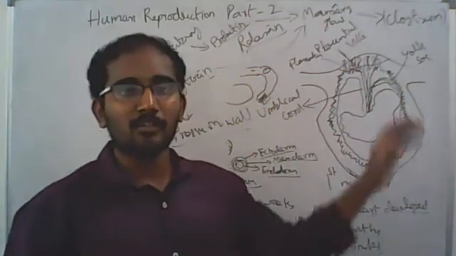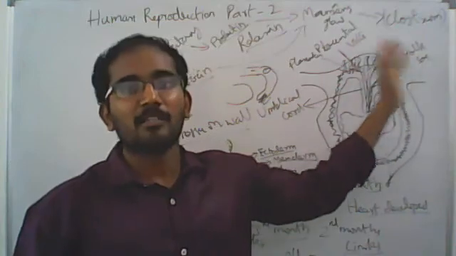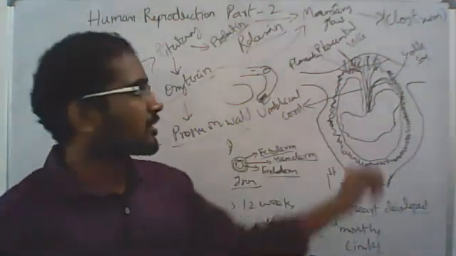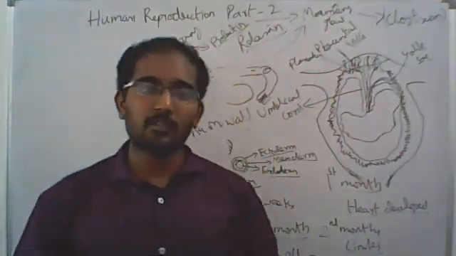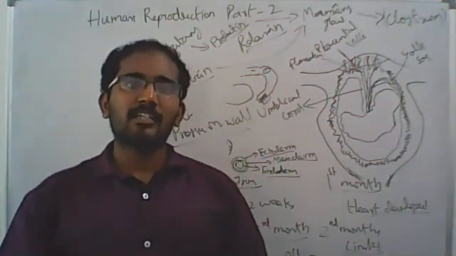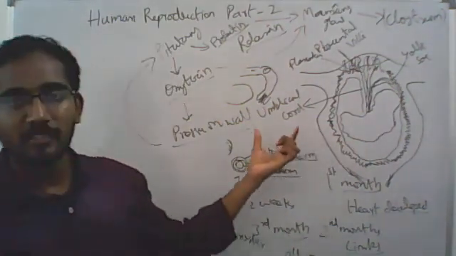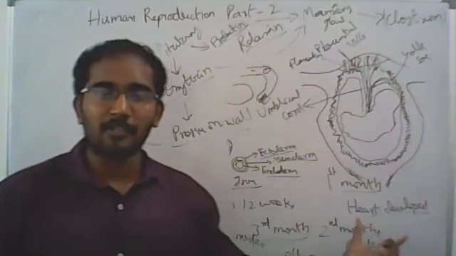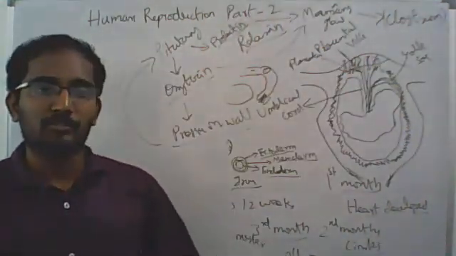So the baby has to be fed the colostrum. If the baby misses the colostrum, it may end up with very low immune responses in the future. So this is how parturition will happen, and this is how the mother's milk will be produced after parturition.